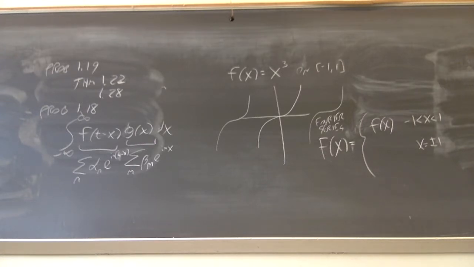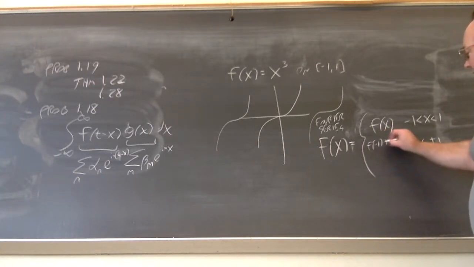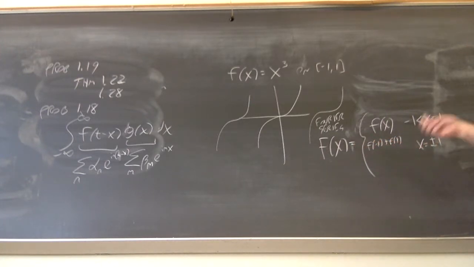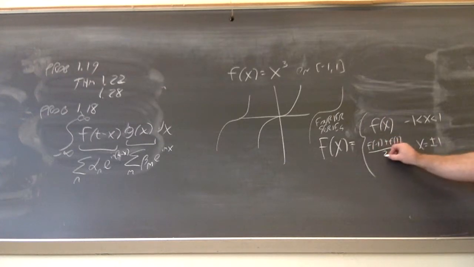2 times f of x. Oh, hold on. F of. I know it's on both sides, but how do you word that? I know it's divided by 2. Yeah. F of -1 plus f of 1, over 2. Which, in this case, for this function, is equal to. It's f of x. Wait, hold on. It's 0. Yeah, because we're cubing. Oh, I'm looking at the graph, not plugging it back in.